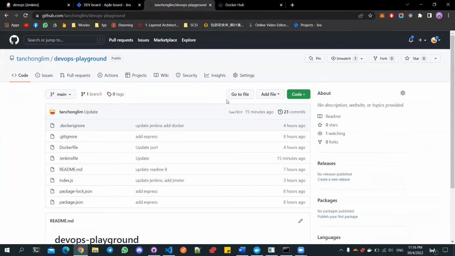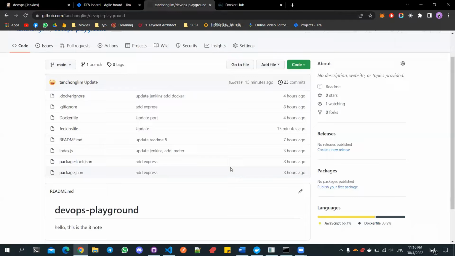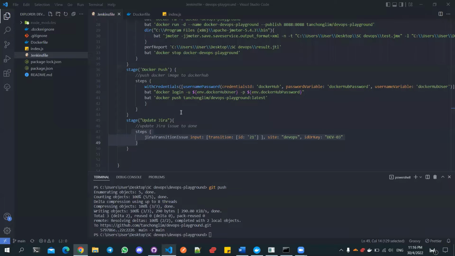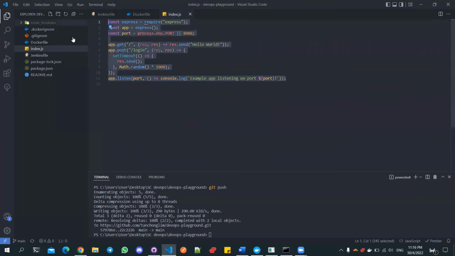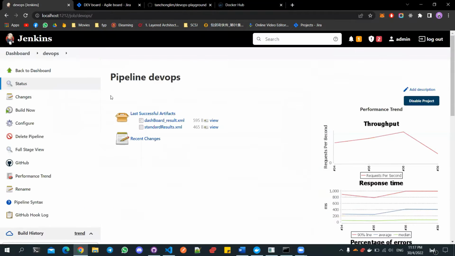And for the GitHub repo, we already created a repo with the Node.js Express API. We can see from here, we created a very simple Express API. Here I have two endpoints. Okay, then for the Jenkins, we have created a